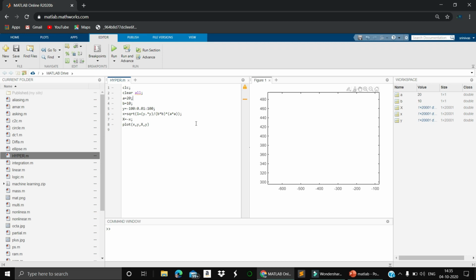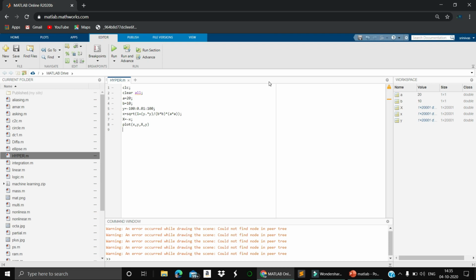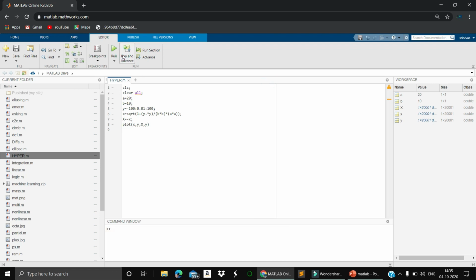If you perform this one till now, then you will get one part of the equation. Then if you want to get another part of the equation, right? For that you need to replicate that one, which means the opposite of that one. So in that case you will get another equation.